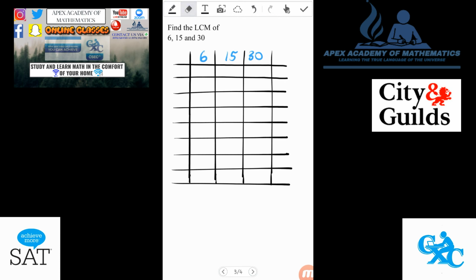Now, there are going to be some easy numbers in the future, but there are examples in textbooks, assignment papers, introductions to exams, introductions to mathematics, where they're testing your timetables or your fundamental skills. So we want to make sure that we have a little weapon in our back pocket to help us. So for 6, 15, and 30, we're going to choose a prime number. Let us choose the lowest, which I always choose, of course,